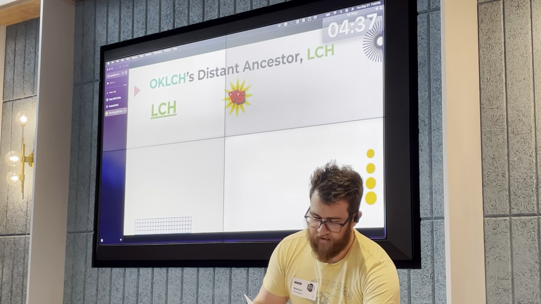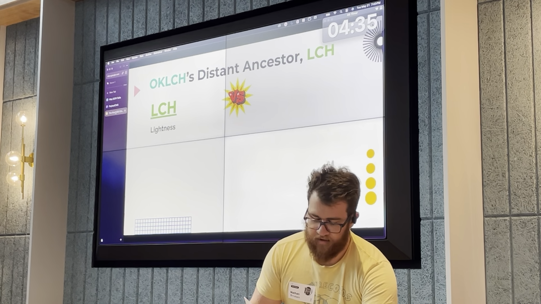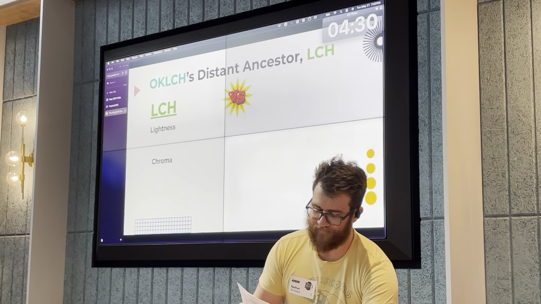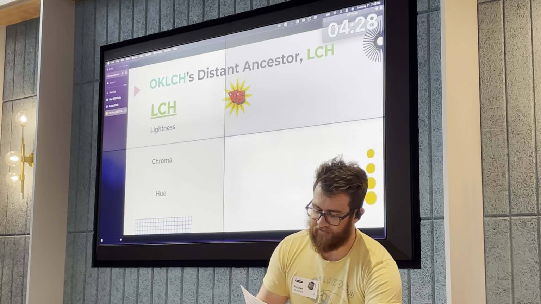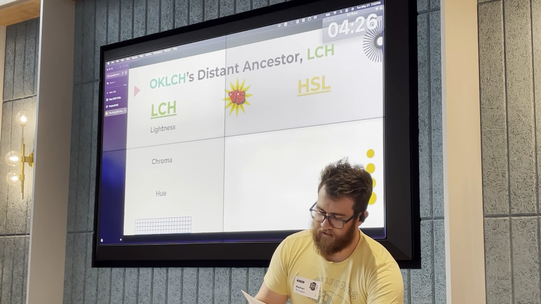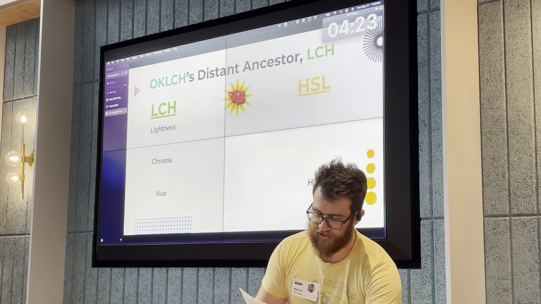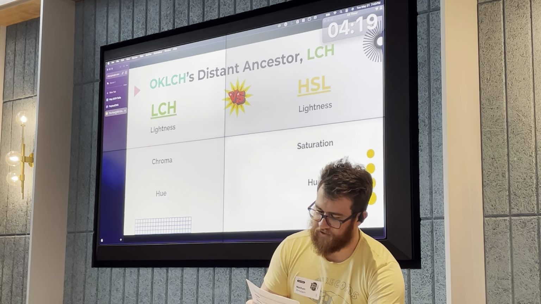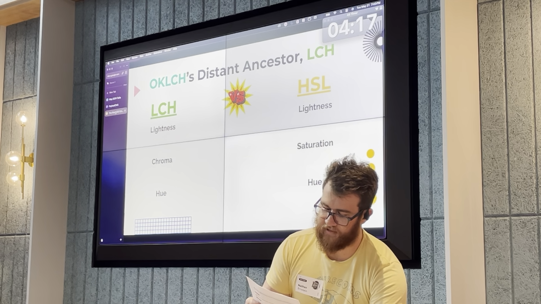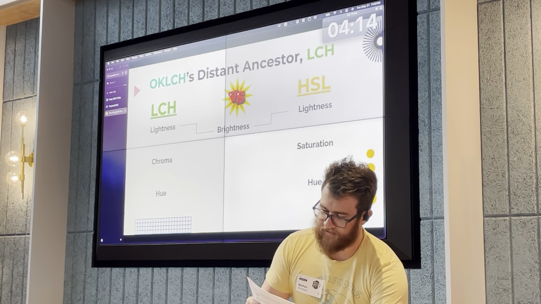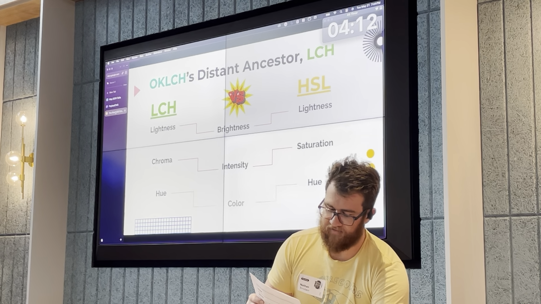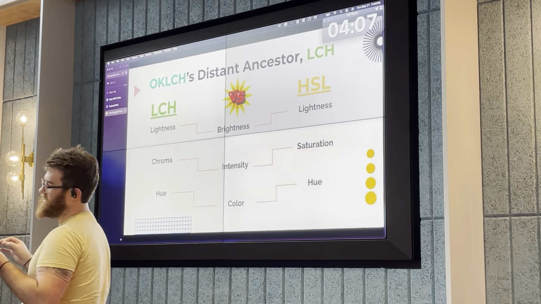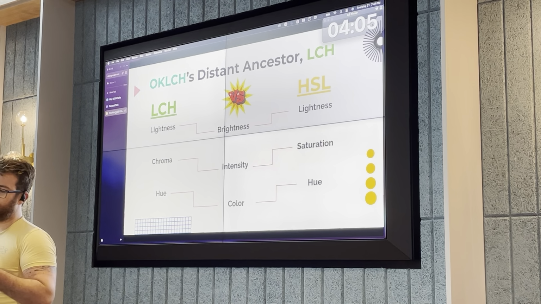LCH. And LCH stands for lightness, chroma, and hue. And much like the color format HSL, which stands for hue, saturation, and lightness, LCH allows you to configure 3 separate parameters to determine the brightness, and the intensity, and the color. And these 3 parameters are shared both by LCH and HSL to configure these 3 properties. However,